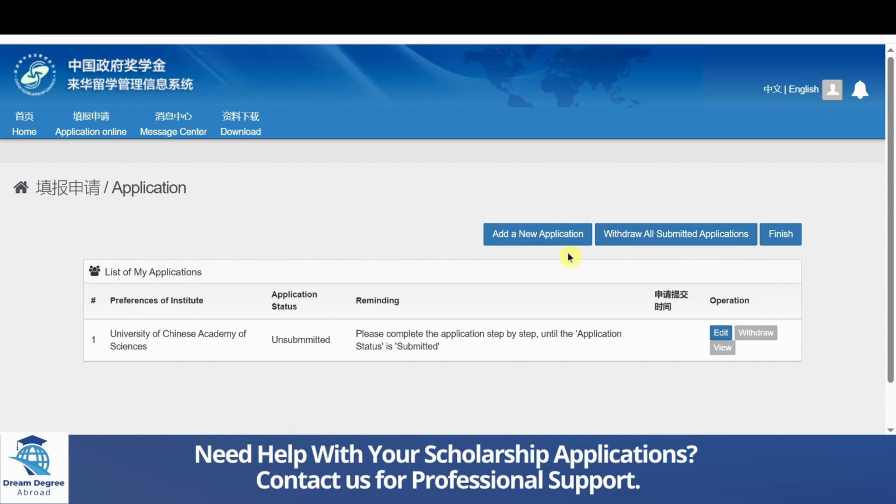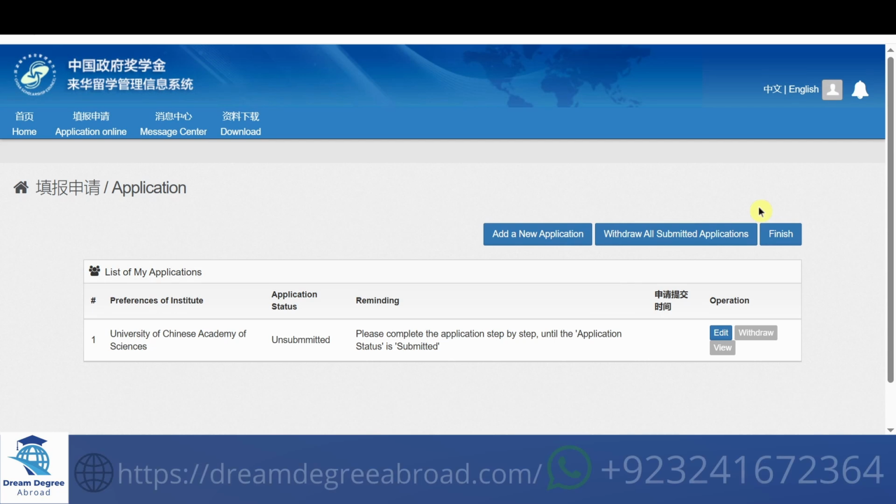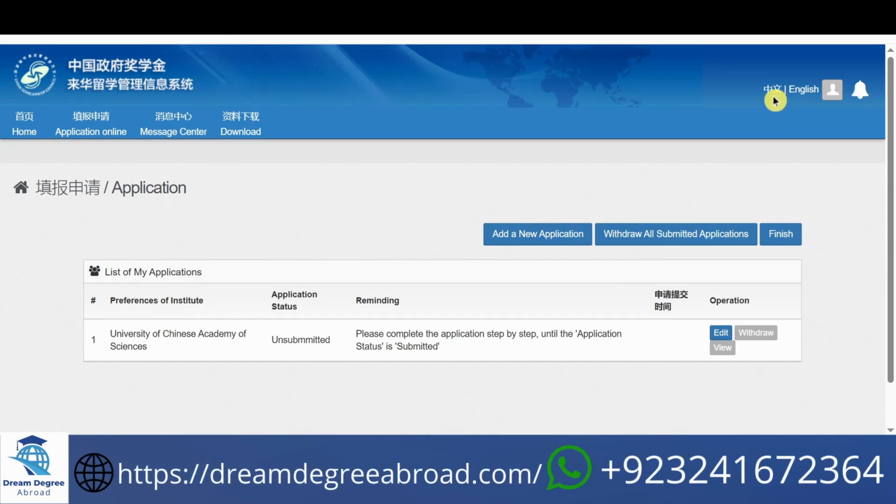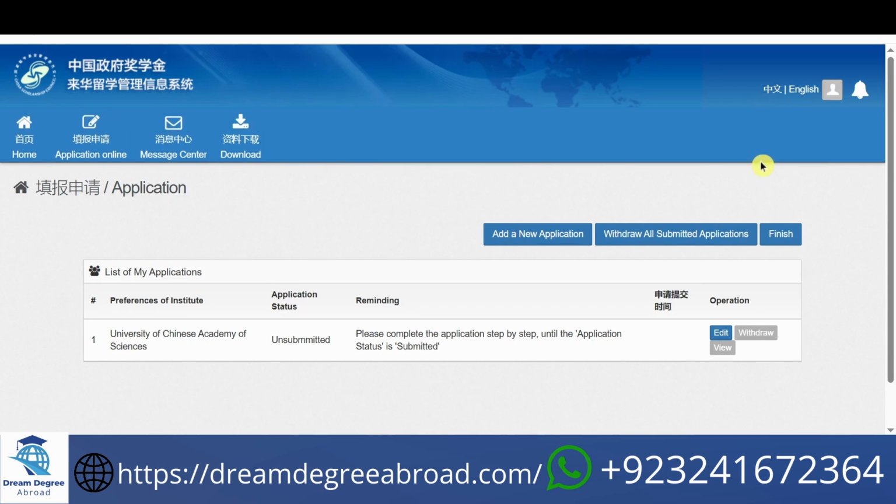After submitting, you can also go to online application. Download my application form to download your completed form as a PDF. If the university requires you to upload that form on their own portal, you can do so. Also, on the top right corner, you will see a CSC number, but I have not submitted yet. That number is not visible. It will appear once you submit.